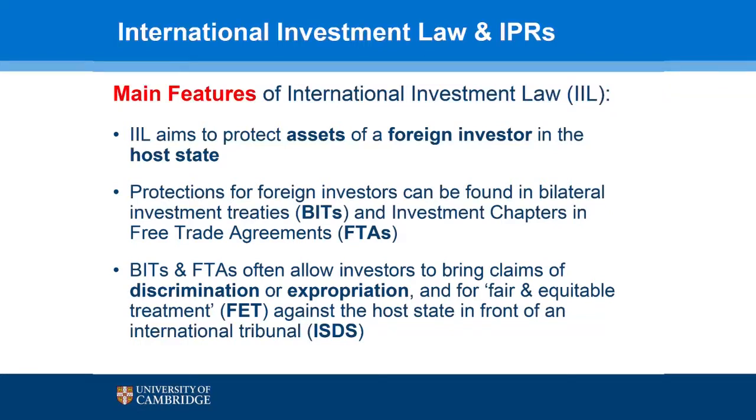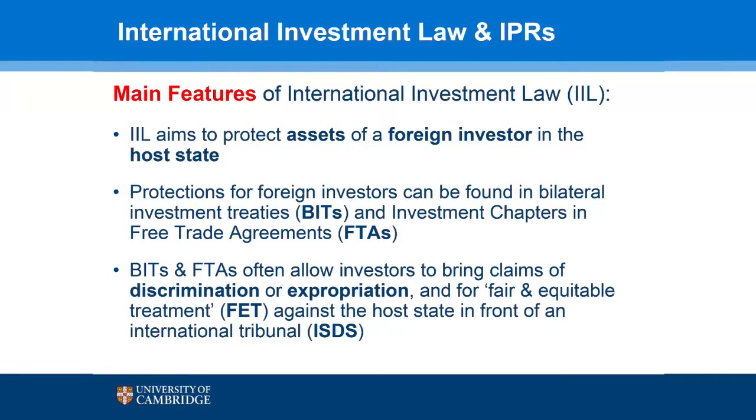And the important feature of these international investment law treaties is that they effectively provide an international law mechanism to protect the assets of the foreign investor which that investor has brought into the host state. The kind of assets we're talking about might be real property, of course, might be contracts, might even be shares and so on and so forth. And as we will see, in most of these treaties these kinds of assets would also include intellectual property rights. That's how the connection between intellectual property and the system of investment protection comes into being.